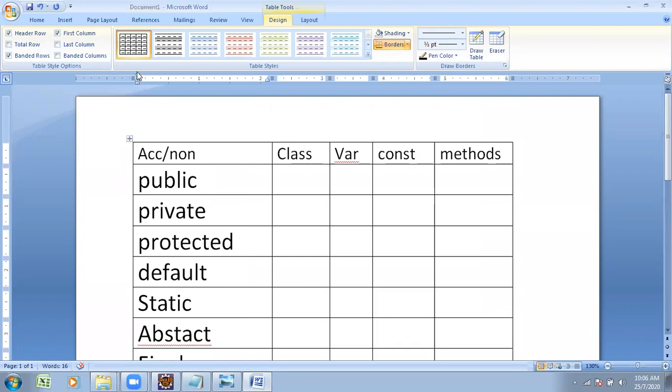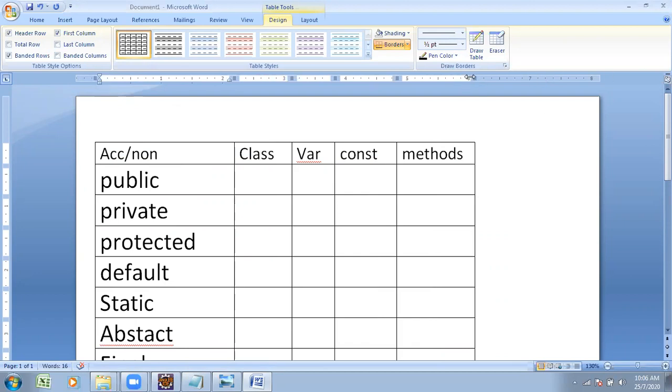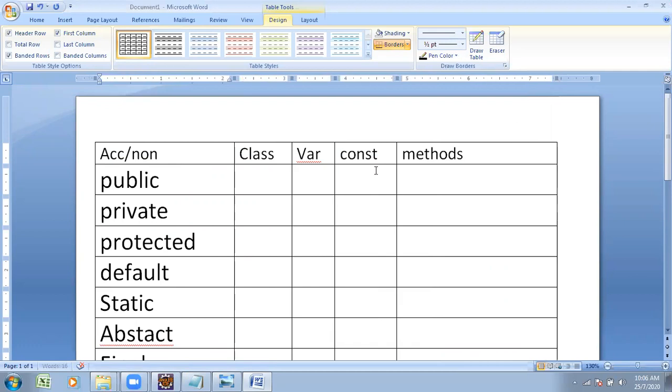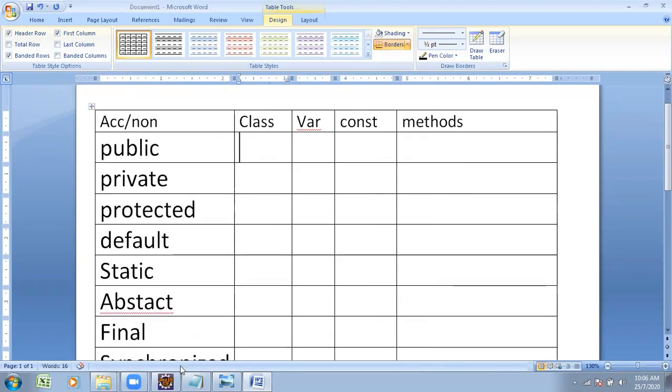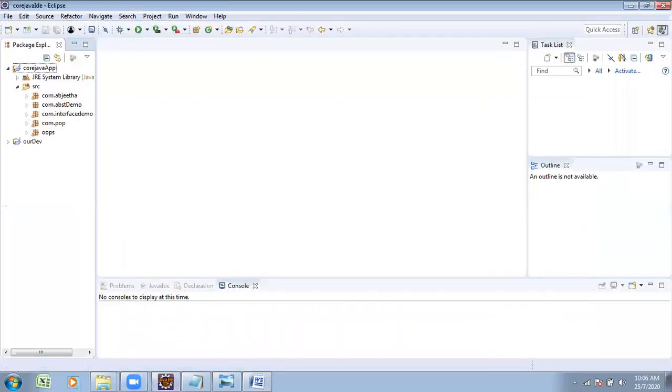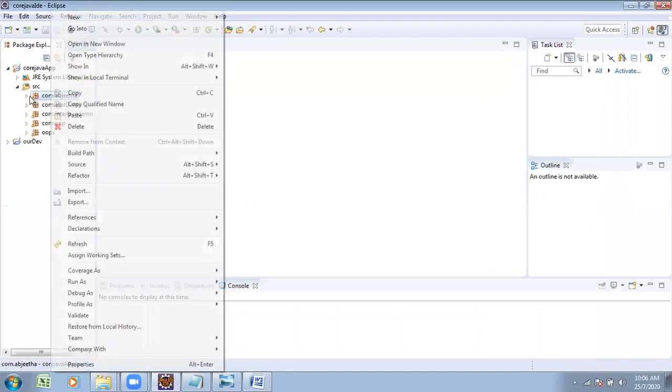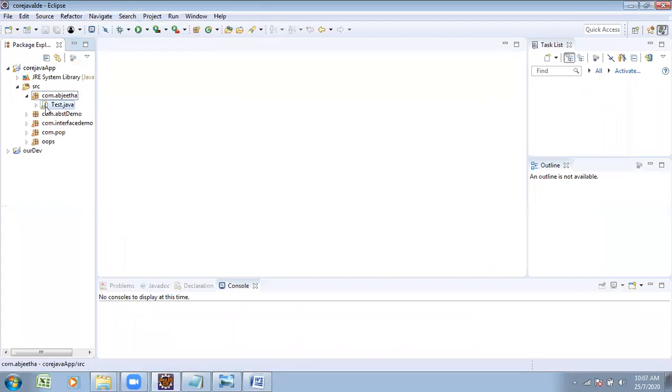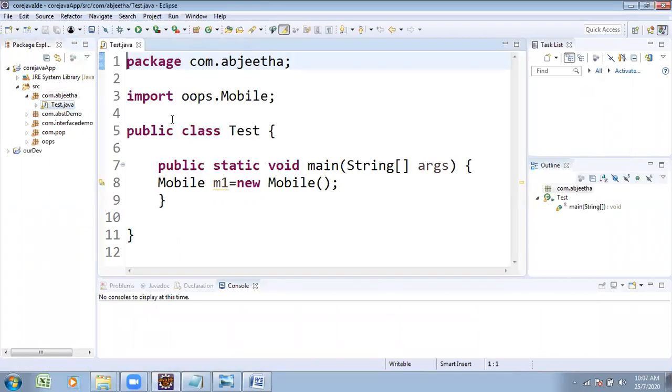Try to observe before which one, which can be accessible. Before the class, suppose I am declaring one class in any package. Already there is one class, the test class. Before the class, public type is applicable.